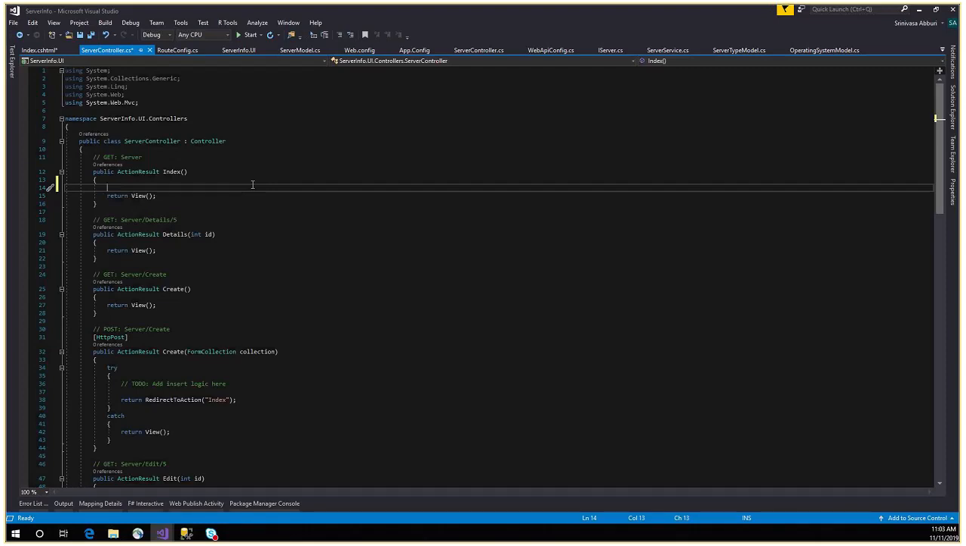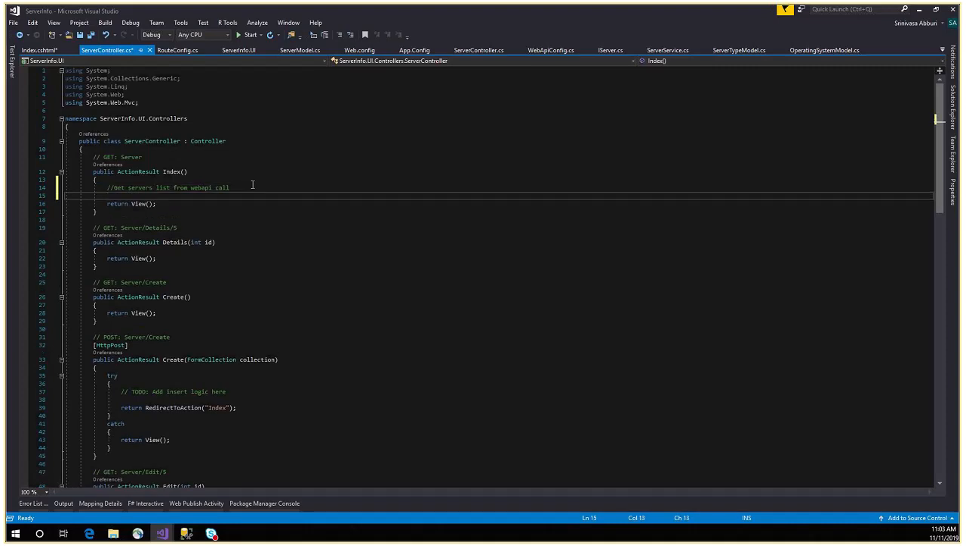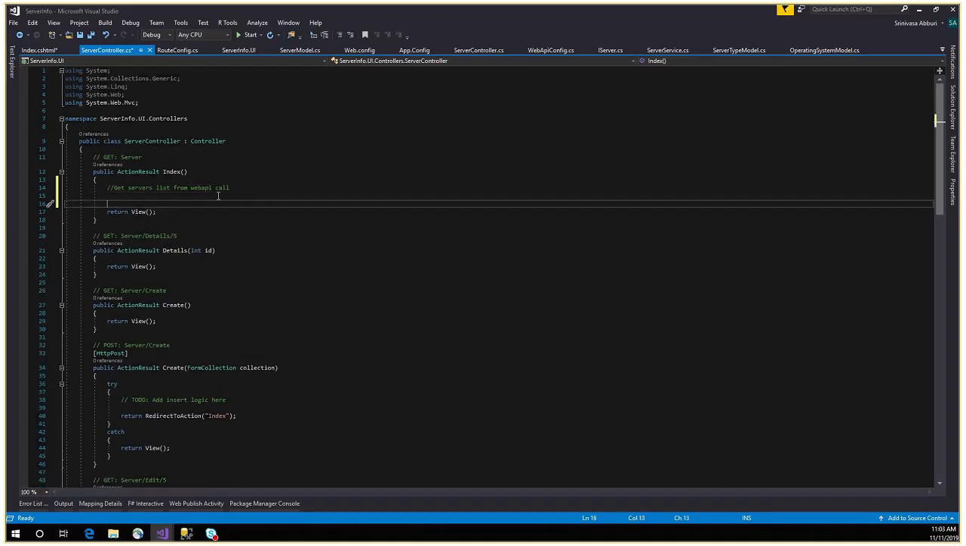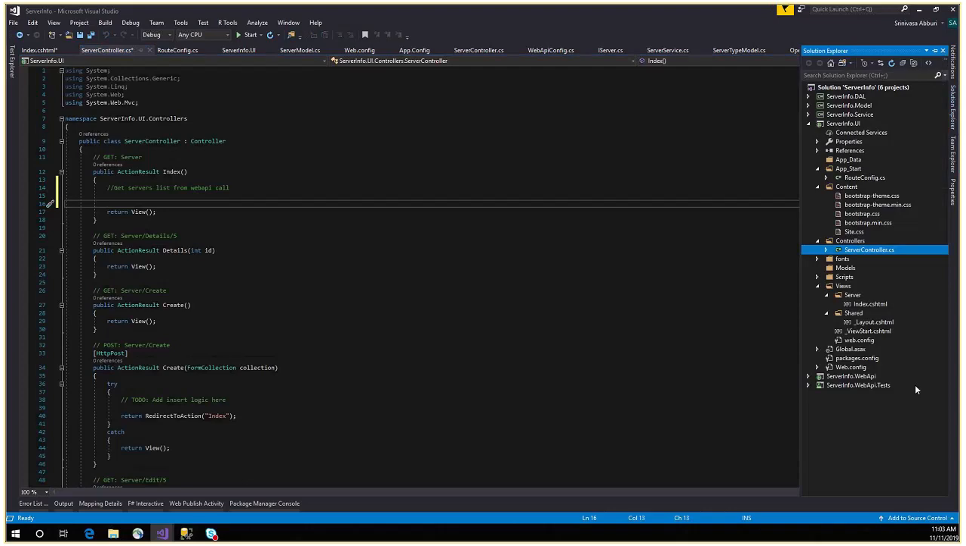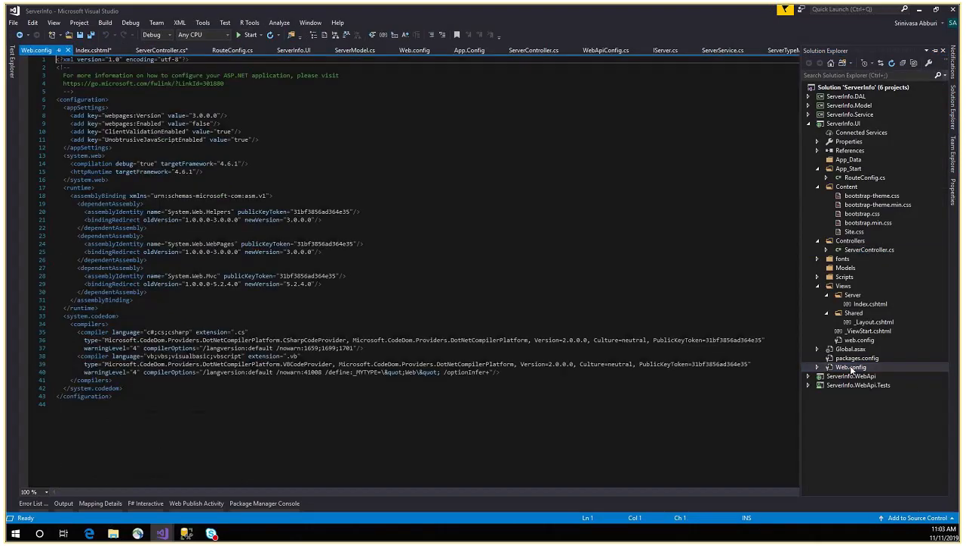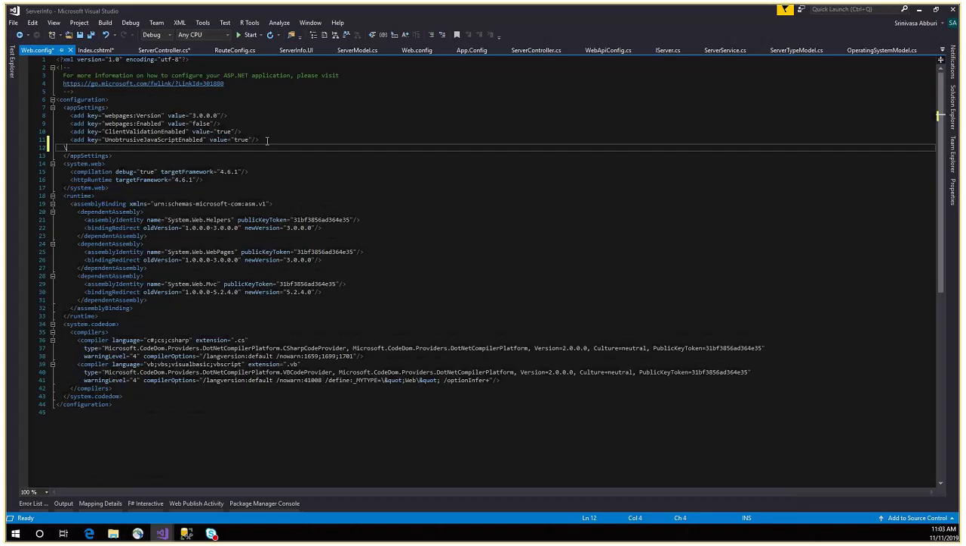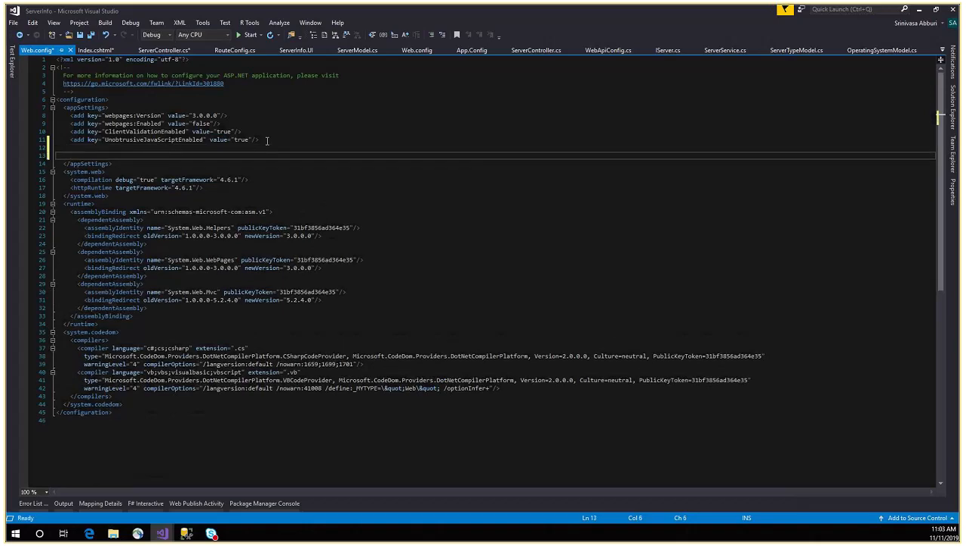So as I told you before, we are using the layered architecture, so mostly we are getting all the operations from the web API. So, get the servers list from a web API call. In order to call the web API, first let's create, in the web.config app settings, a web API URL. Define the API URL here, which is add key equal to web API